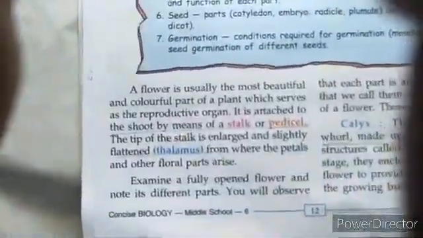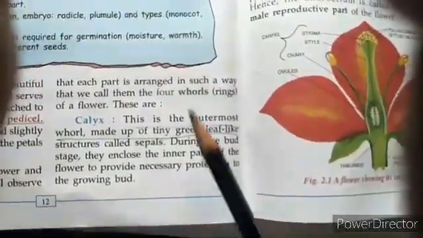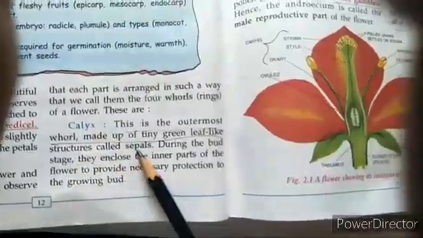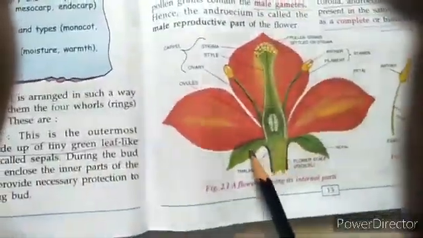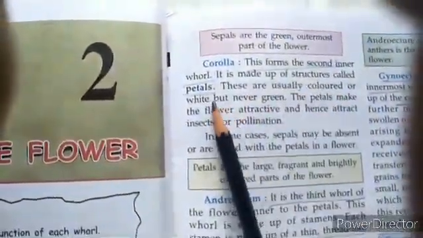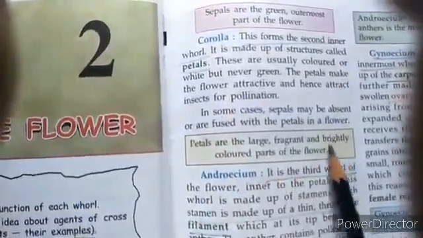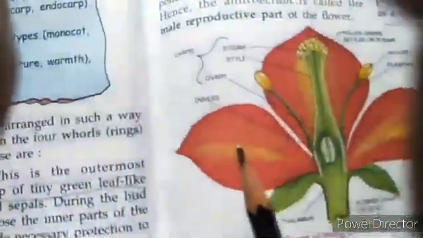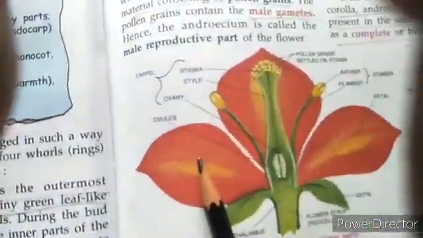So what we have done in this video is understand the structure of the flower. For the structure of the flower, we understood all the four whorls. First we came to know about the calyx, the tiny green structure, also called sepals. In the diagram we identified it here. And then we came to know about the corolla. Corolla was the second whorl, known as petals. They are beautiful, fragrant, colored, and they are the visible part of the flower, which we can see here.